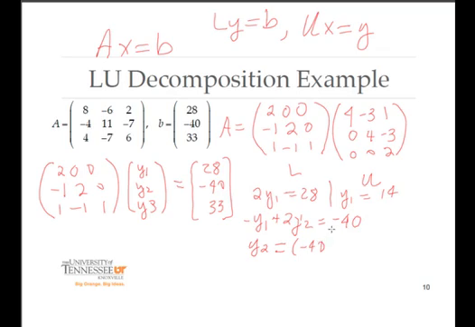Plus 14, y plus 14, because you're going to have negative times 14, you're going to pull it over to the other side, so this will be plus 14. And that quantity is going to be divided by 2, the coefficient on the y2. If you quickly do that computation, you would get minus 13. So now we know that y1 is 14, we know that y2 is negative 13, and then all we need